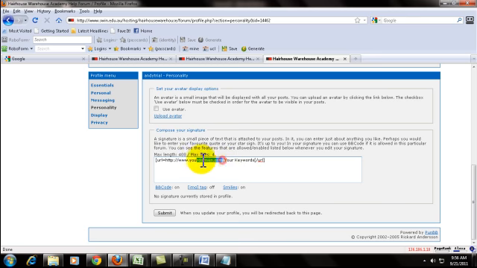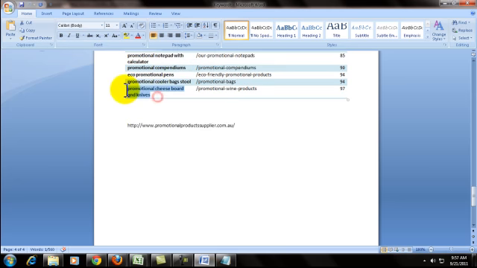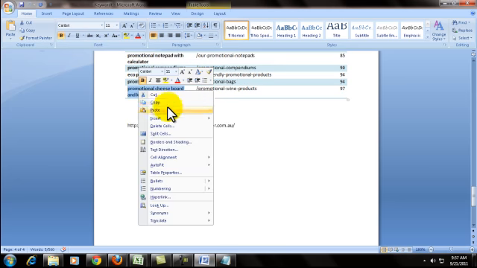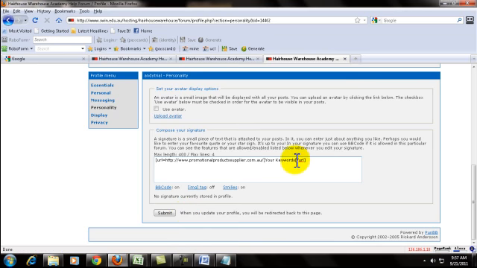I will replace this one here, and replace the your keywords with a keyword. For example, promotional cheese board and knives. Then I will submit to save the changes.